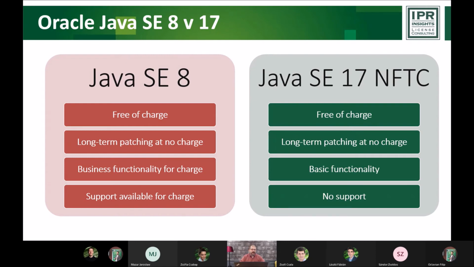and it is not available for 17 either. There's also another difference that I think is important, and it's that Java SE17 is code identical to Openjdk. So if anybody wants to switch from Openjdk back to Oracle's JDK, they can now do that without any risks. As far as compatibility goes between 8 and 17, there is a big difference between these versions. Oracle has removed a number of features that applications still use in Java 8, and that leaves a lot of customers being unable to upgrade from 8 to a higher version. So that issue has not been resolved by this move, not at all.